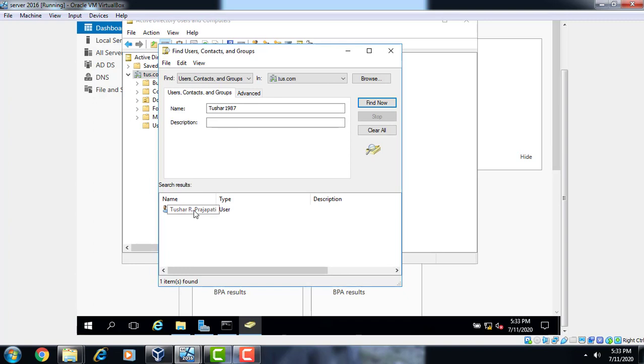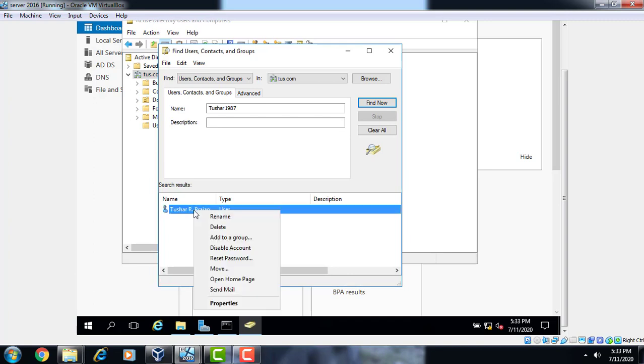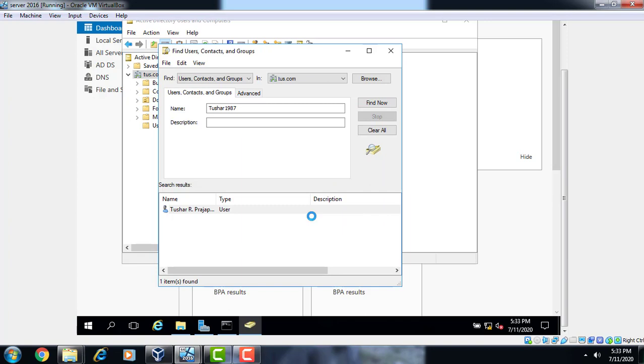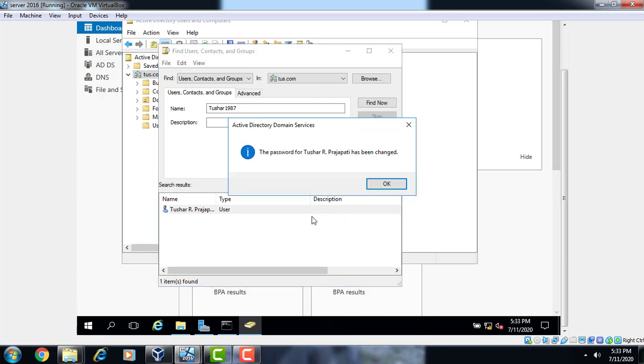Now we have already set the password policy, so we can reset our password and set it to any normal password, like we can enter the password 123.